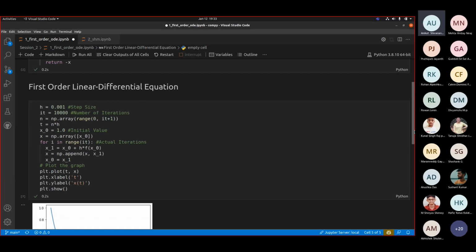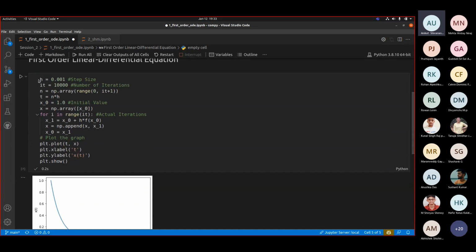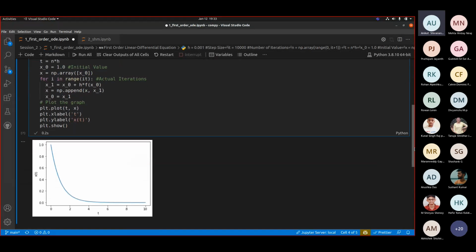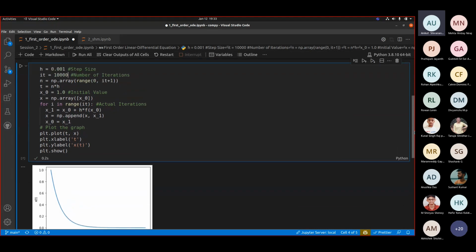These are some parameters that you need to fix so that the solution you're getting is presentable, or enough data can be extracted from it. This h also corresponds directly to your error. It is usually always related to your error, but in different ways depending on the kind of equation and solving technique you have. But h always influences the error.